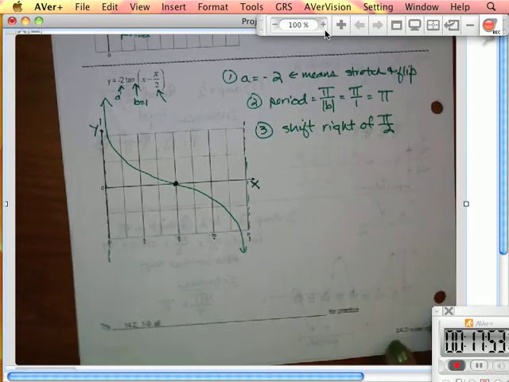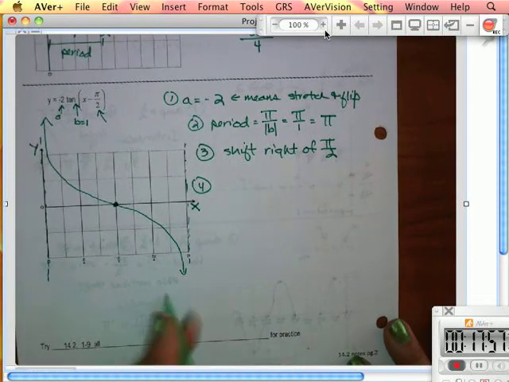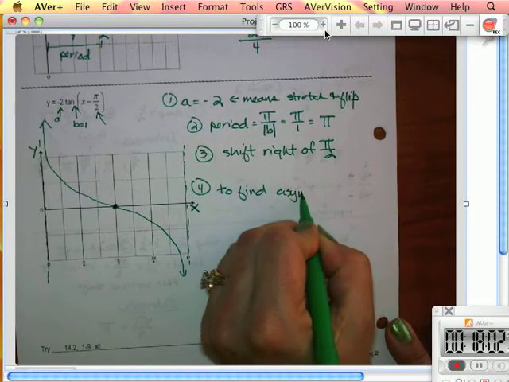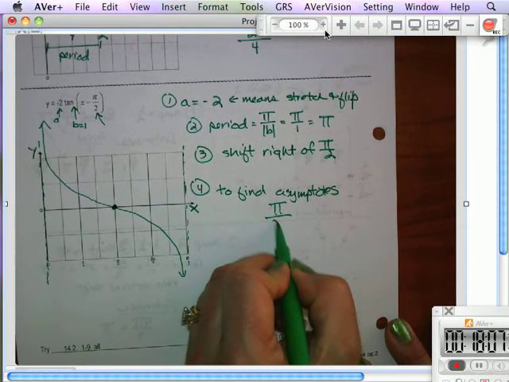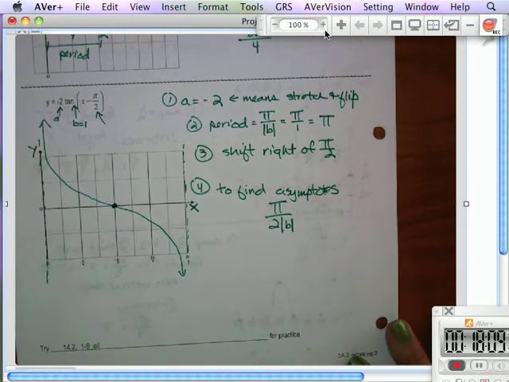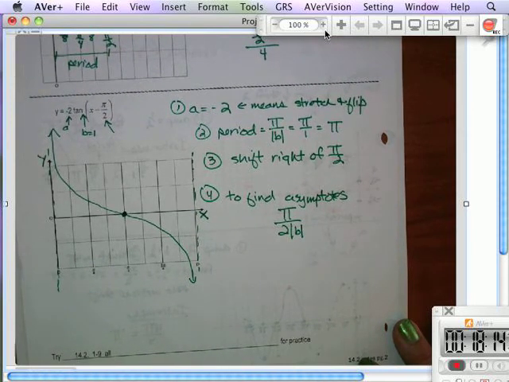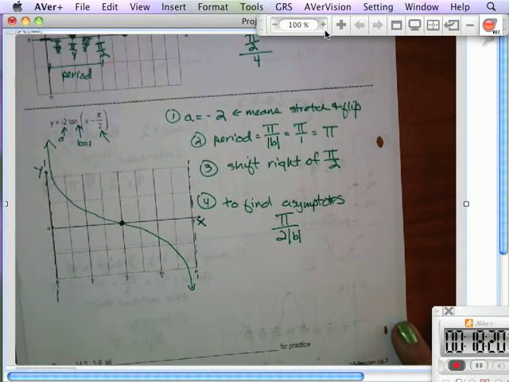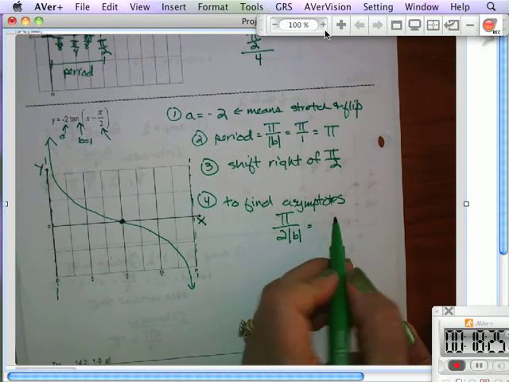Now, there is a formula to find the asymptotes, if some of you prefer that instead of just thinking about it. To find the asymptotes, you do pi over 2 times the absolute value of b. But it's kind of the same thing I was talking to you about. What is our b in this equation? 1. So our asymptotes are actually at pi over 2,